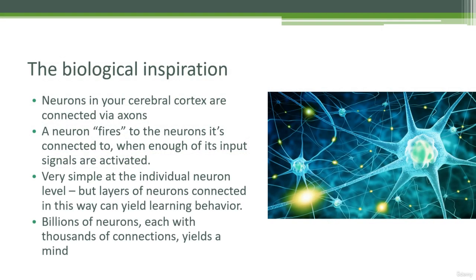I mean, this whole field of artificial intelligence is based on an understanding of how our own brains work. So, over millions of years of evolution, nature has come up with a way to make us think. And if we just reverse engineer the way that our brains work, we can get some insights on how to make machines that think. So within your brain, specifically your cerebral cortex, which is where all of your thinking happens,